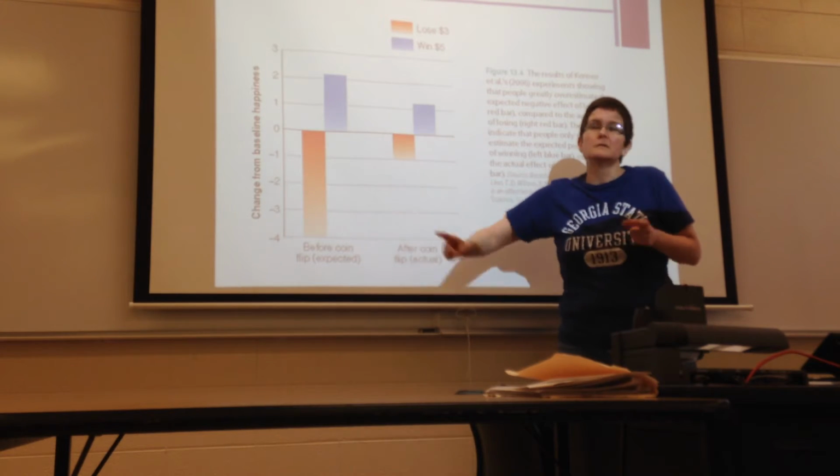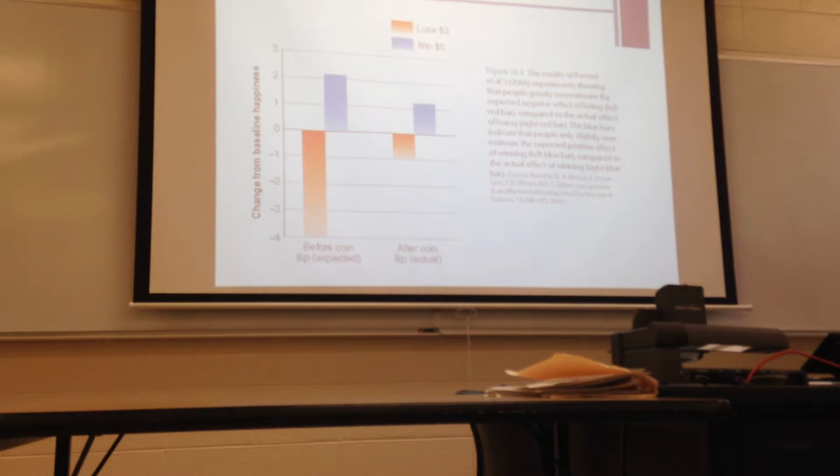Now, what do you notice about their expected emotion versus their actual emotion when it happens? They don't match at all. In fact, people anticipate feeling much worse about a loss than they ultimately end up feeling. So they think of the emotional loss or the physical loss or whatever kind of loss as being much worse than it actually is when they're in it. And if you think the loss is going to hurt a lot more, you're going to be more risk averse. So people might be more risk averse than they need to be because they're overestimating how unhappy they'll be if the outcome comes out bad.